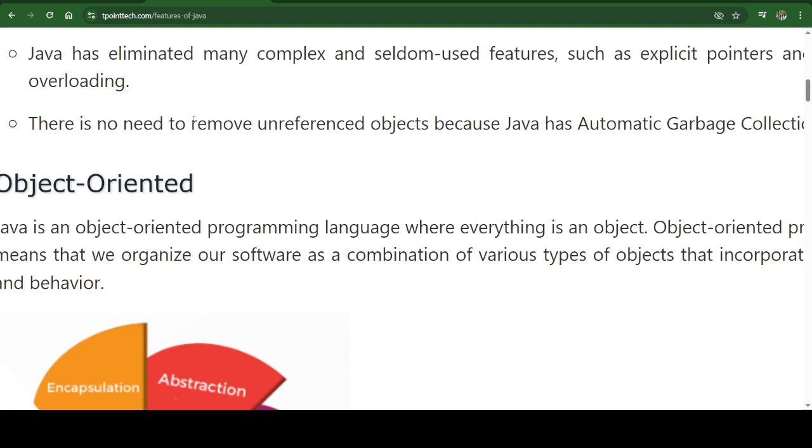Let's understand here. You have written some code, but you are not using it. Automatically, it will delete it, because when you write it, it has to allocate some space. While executing, it will erase that code. At present, just remember this point. Automatic garbage collection, it is not exactly correct, but for your understanding, I'm telling you that automatic garbage collection means